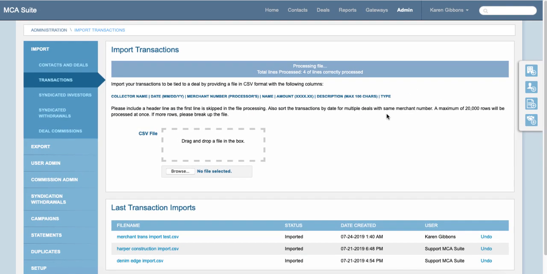You can either undo the import entirely if you'd like. You can see here under last transaction imports, we show you a list of the last few spreadsheets that you've imported. You have the option to undo altogether and start again, or you have the option just to upload the lines that errored themselves. Now to go to the deal that we worked on, go back to my deal search page,